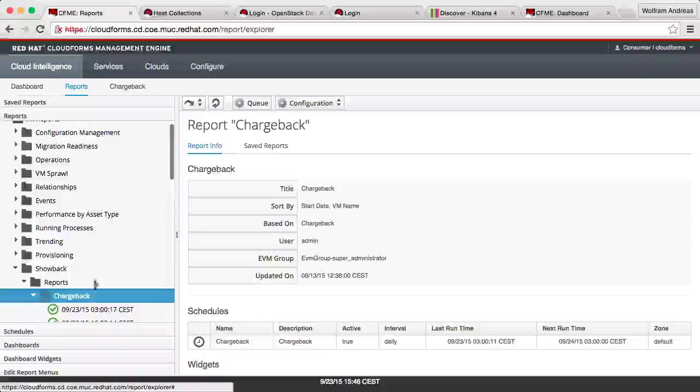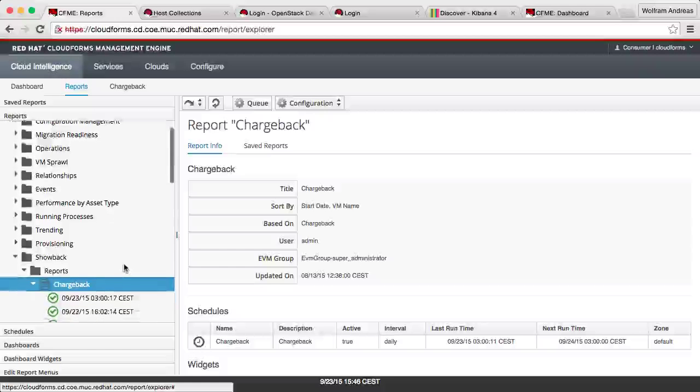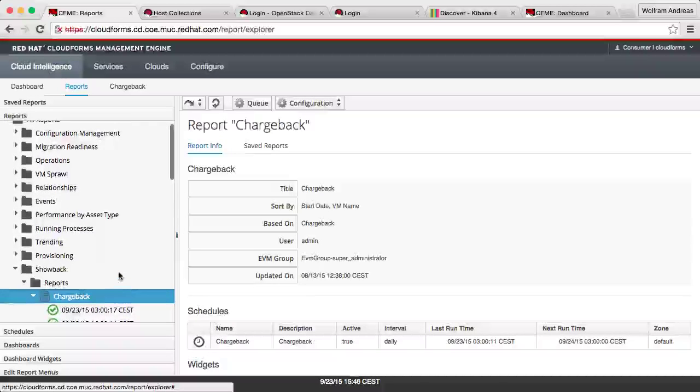However, I would like to reuse an existing one because I just created all the various different images, and the CloudForms appliance did not have any time to gather meaningful consumption data at the moment. What we also say, even though it says chargeback at the moment, it is not really a chargeback. We would probably better say showback at this point, because we're talking about showing the customer the amount of resources he consumed and showing him what this means in monetary terms. However, we do not do charging, and we did not trigger specific